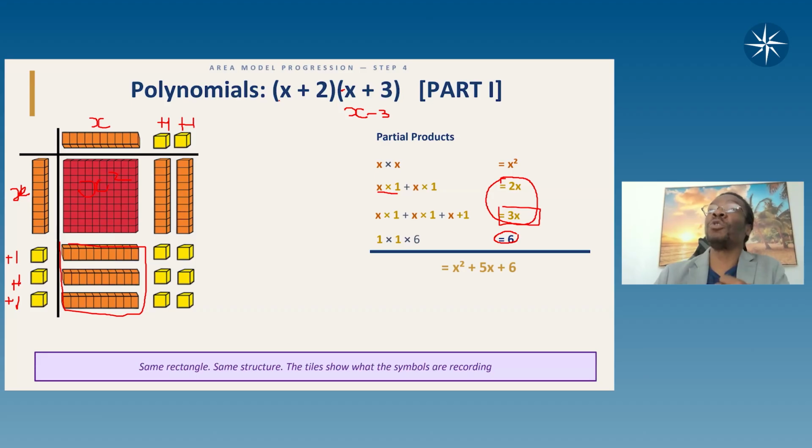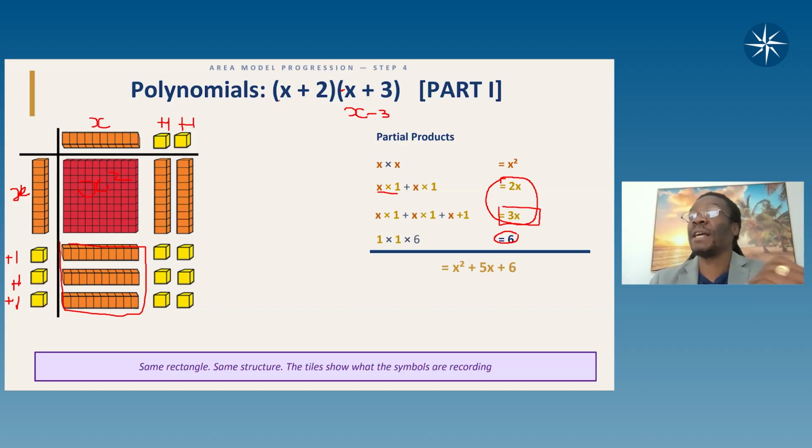So this is how we could use an area model to help a child, not even just a child who's struggling, a child who does math well, to conceptually understand mathematics in terms of multiplication. So it's the same rectangle, the same structure. The tiles are just showing what we have been seeing in terms of the diagrams. And then if this is at the very early level, concrete level, we could do this at the semi-concrete or what we call the representational level by building the same